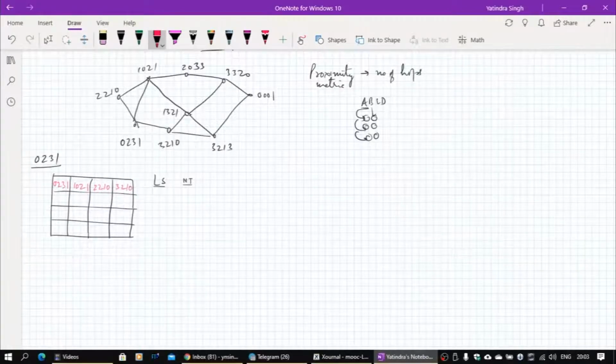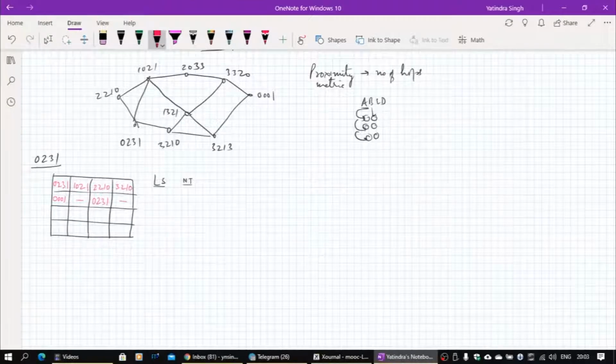The next entry has to start with 0, 0. So for 0, 0 there is only one entry which is 0, 0, 0, 1, so I will retain that. We don't have any entry with 0, 1, so this is dash. 0, 2, 3, 1, this itself will repeat. For 0, 3 there is no entry. Then we have 0, 2. For 0, 2 there is no entry.